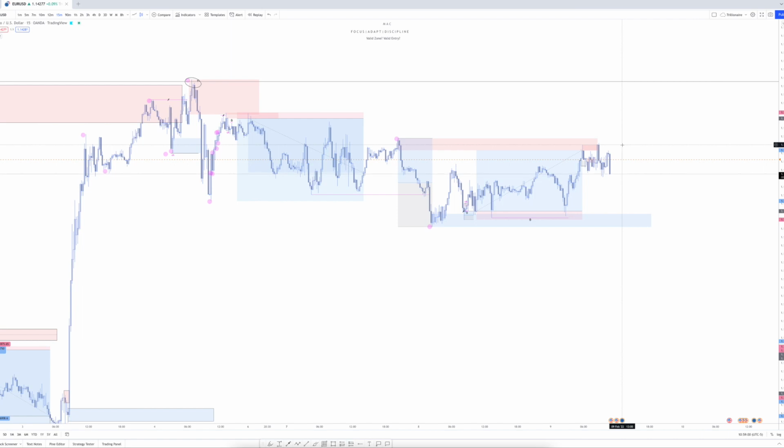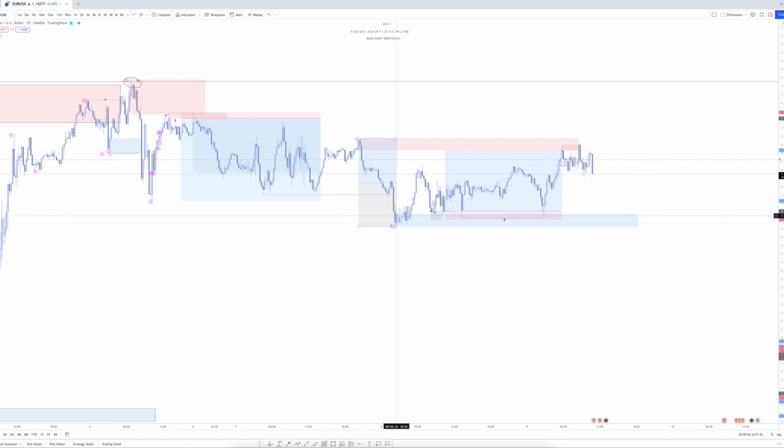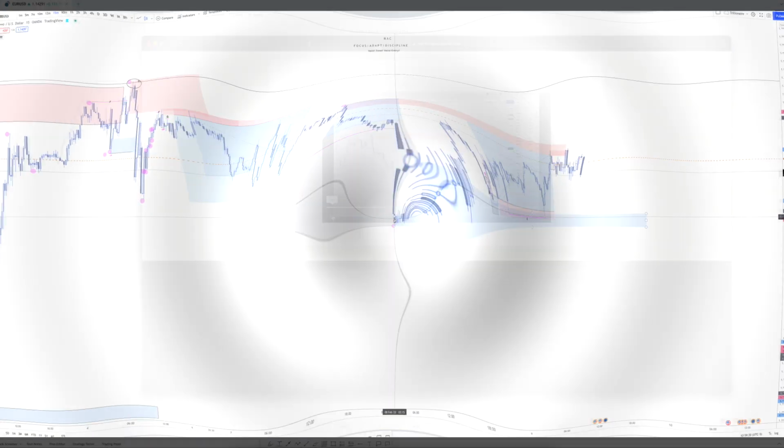So here we can see that we have M15 demand resting right here. Now, if you're within the Telegram community, I gave you guys these points of interest to play from, and I told you exactly what to look for. Matter of fact, we're going to bring up that video. Give me 1 second. I'm going to pop up that video so you guys can see a little bit of inside information within the Telegram community.